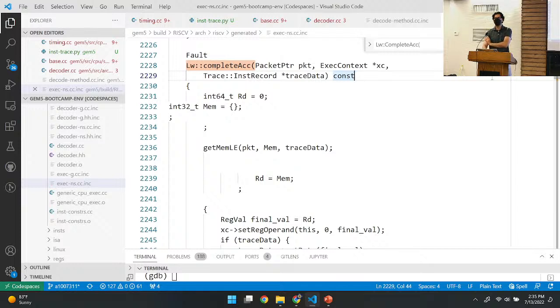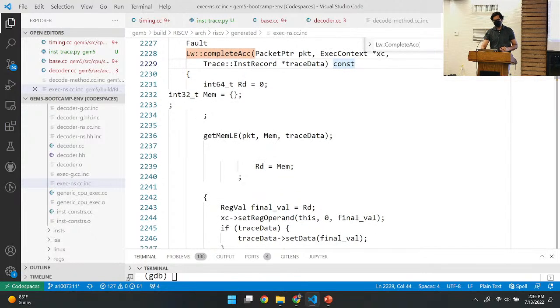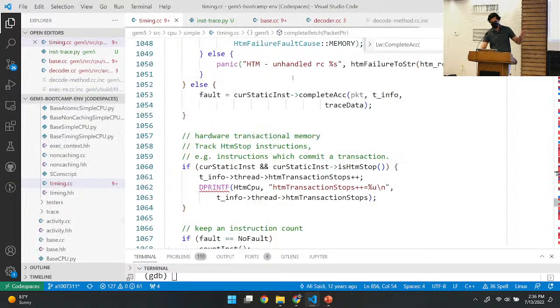Any guesses? Yes, it's taking that packet, parsing out the return data to that mem value, taking that mem to that destination register, instead of finalizing that again, just giving that back through the execution context. Yeah, that's true. So really, if we go back to when we call this complete access in our CPU, this is